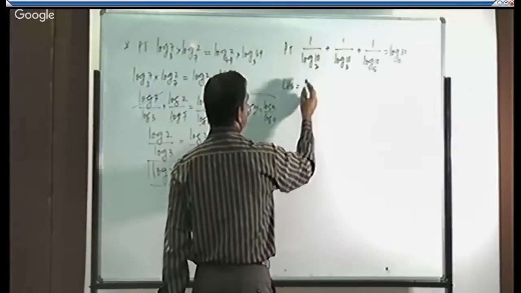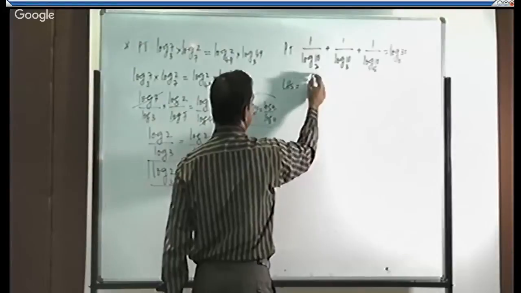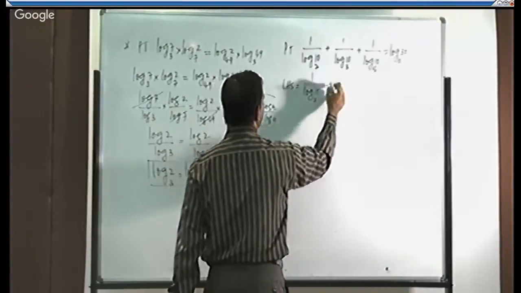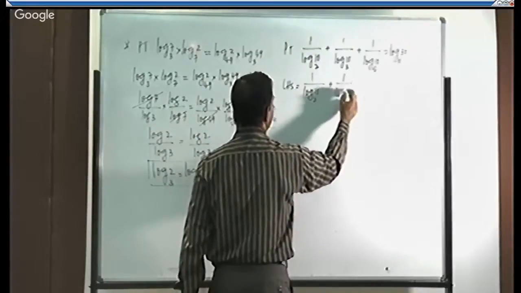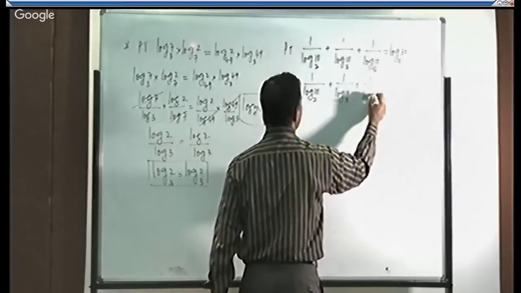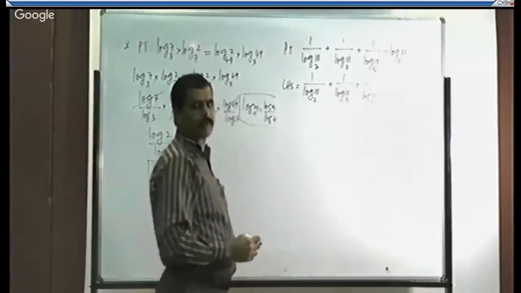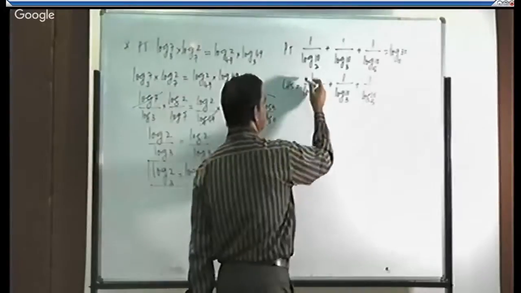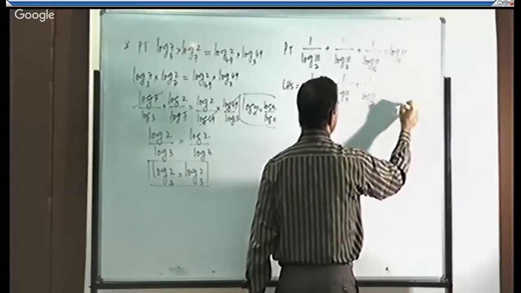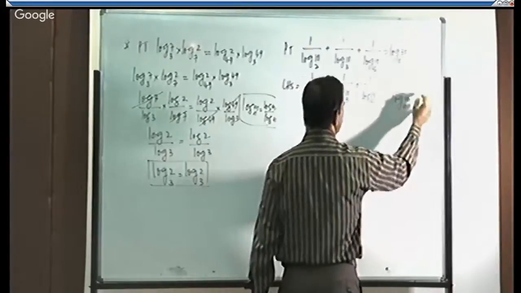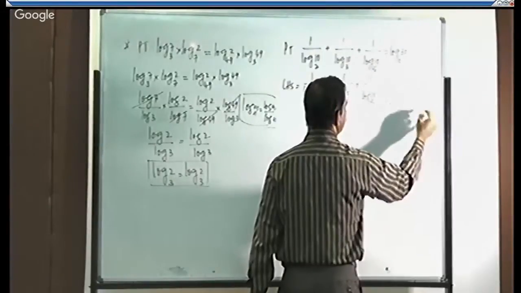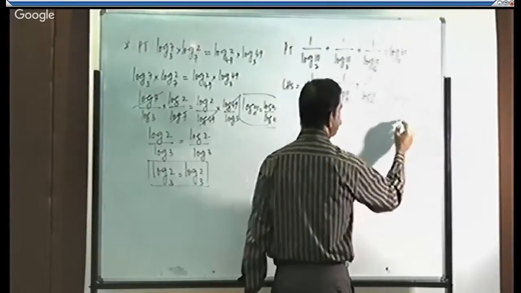Take the left hand side. What is the left hand side? It is equal to 1 divided by log of 10 to the base 2 plus 1 divided by log of 10 to the base 3 plus 1 divided by log of 10 to the base 5. By looking at each term, they appear like this. Log of m to the base n is equal to 1 divided by log of n to the base m. If I use this law,